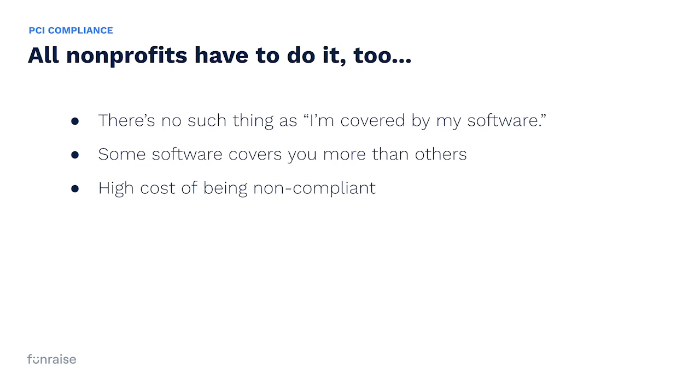And they might fine you not by saying you need to send us a check for $10,000, but they might increase your transaction fees. They might sever the relationship that they have with you as a processor. There could be legal action taken if you're not PCI compliant and a breach happens and your donors get mad and end up suing and so on. And these fees, they're not typically published, but they can be quite high. I've seen things such as $5,000 a month or $100,000 a month until the merchant in particular is compliant. And these are costs that could very easily put a small nonprofit out of business.